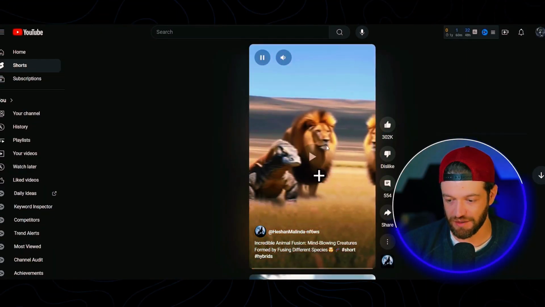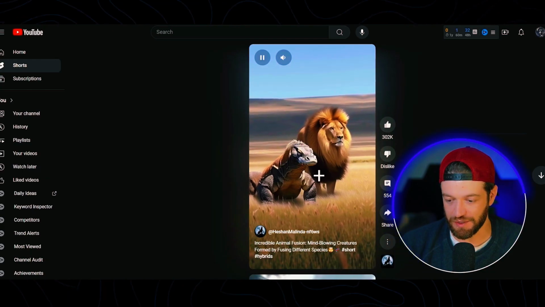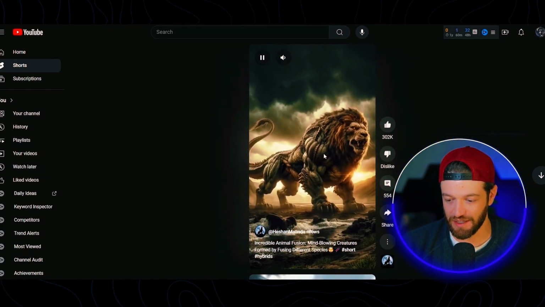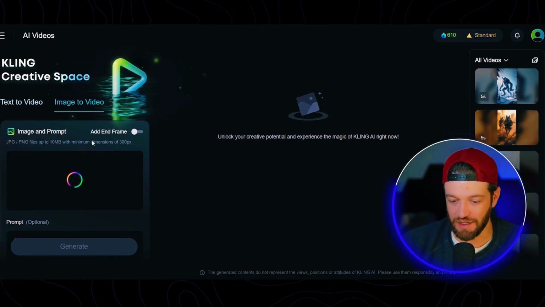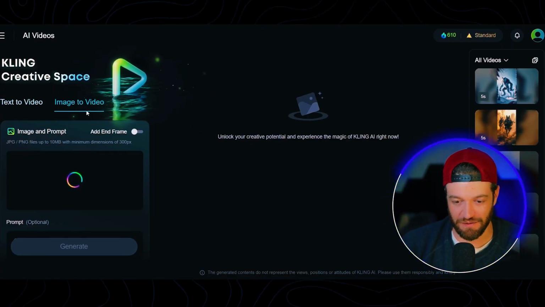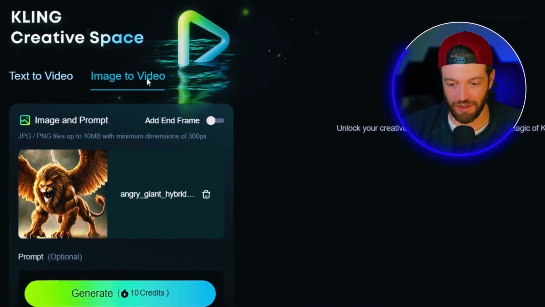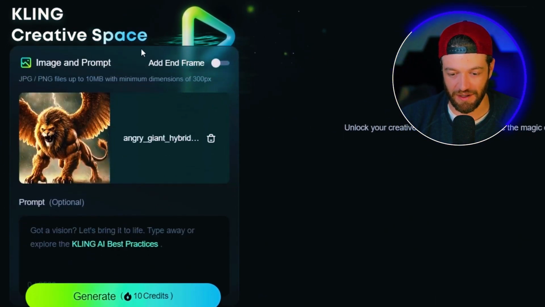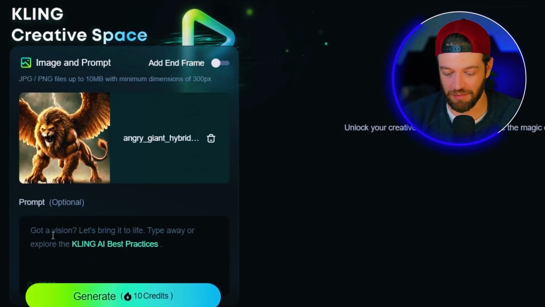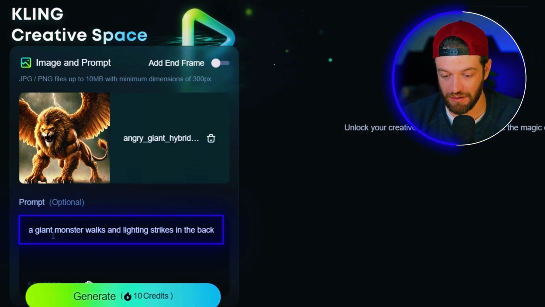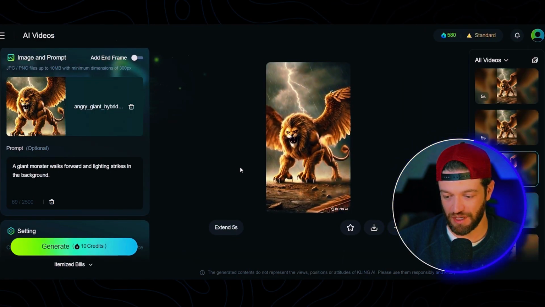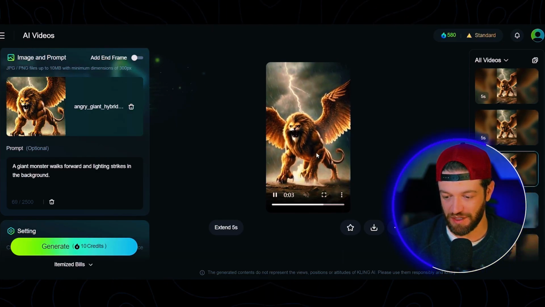So if we go back to this YouTube video, obviously they're taking the two animals here and then they're fusing them together like this. However, I'm going to take this one step further, and I'm going to bring the fused creatures to life using Kling AI. So I'm here on the image to video section on Kling AI. I've uploaded my image here, and I'm just going to type in a giant monster walks and lightning strikes in the background. Okay, so here is the result I ended up with right here, which turned out pretty cool,